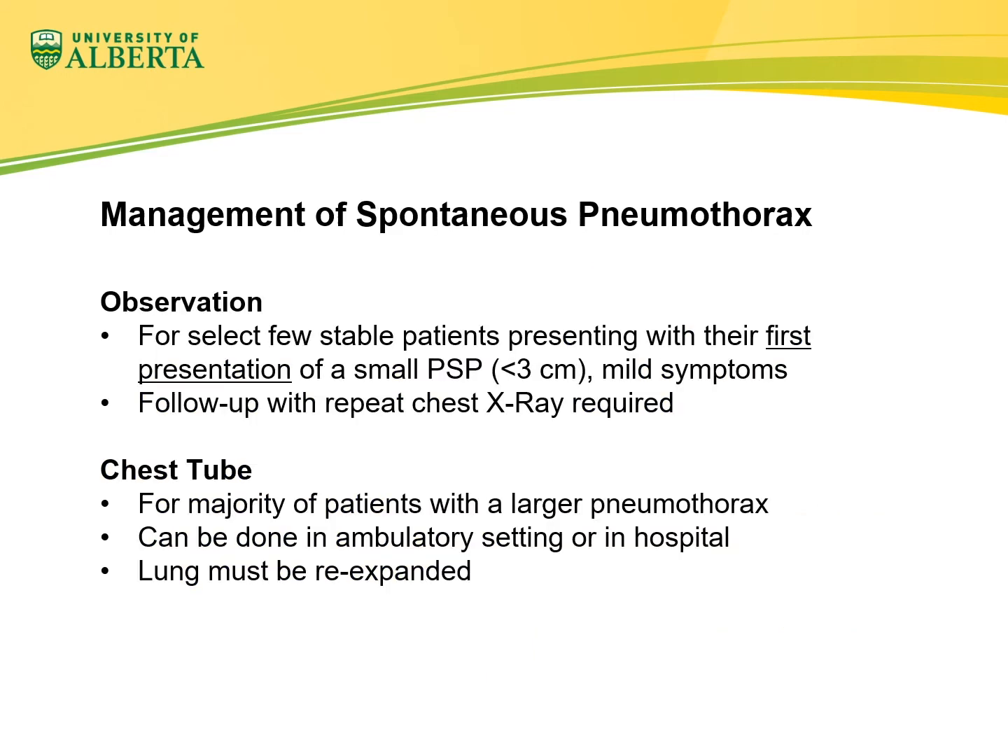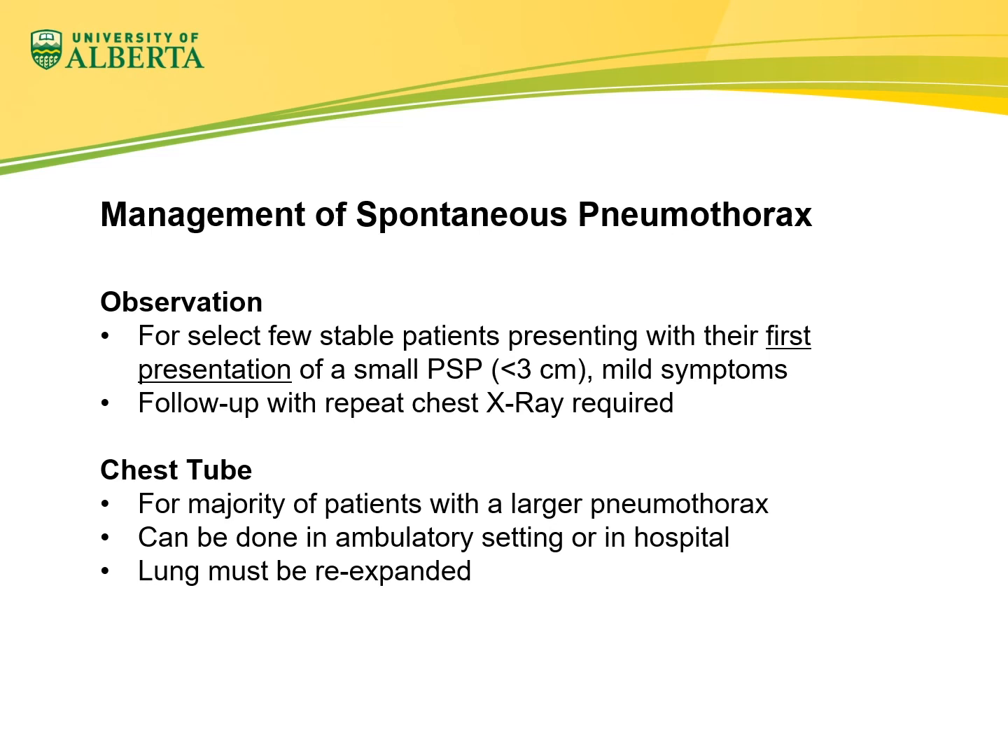Treatment of spontaneous pneumothorax can be divided into immediate and definitive management. Options for immediate management include observation, catheter aspiration, or chest tube insertion. However, catheter aspiration is not commonly used in practice. Observation is appropriate for small subsets of stable patients who present with their first sign of a small primary spontaneous pneumothorax with mild symptoms. These patients should be observed for a minimum of 6 hours, followed by a repeat chest